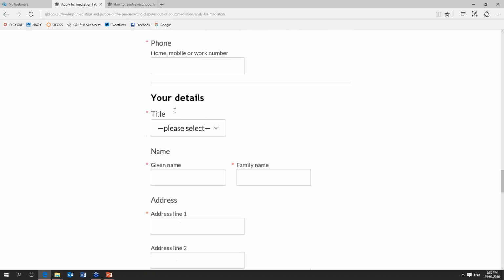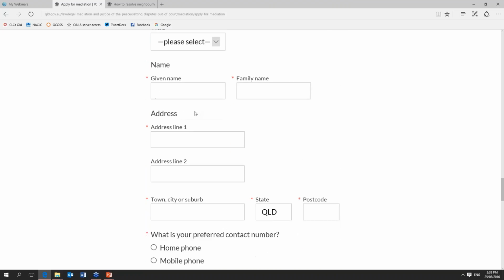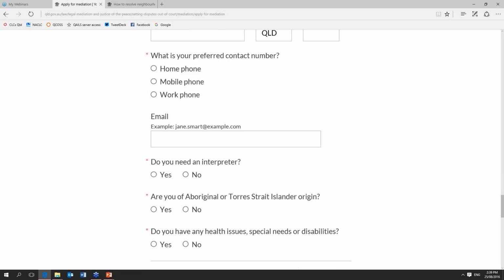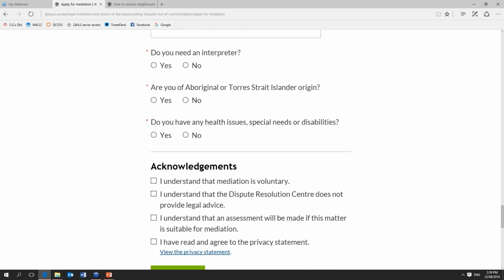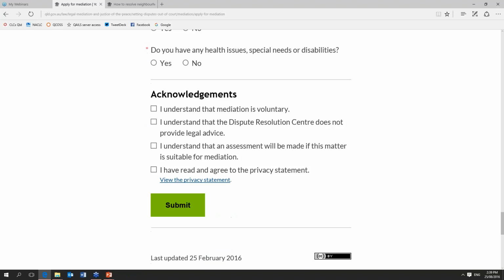And once all that's completed, you complete your own details. We're asking all the same sort of questions there, which is pretty basic. And then the last is just a few acknowledgements that we want people to understand. So I understand that mediation is voluntary. I understand that the Dispute Resolution Centre does not provide any legal advice. I understand that an assessment will be made if the matter is suitable for mediation, and I've read and agreed to the privacy